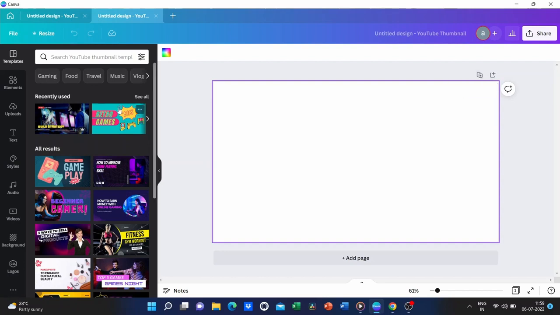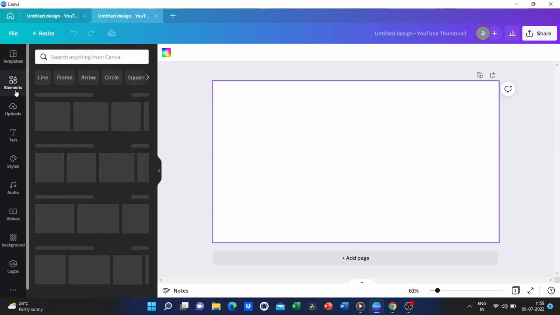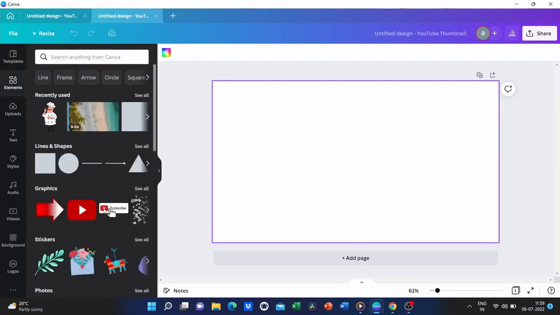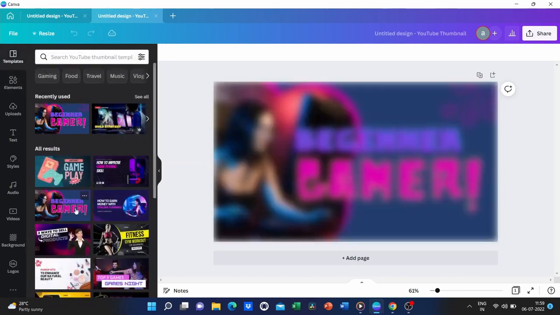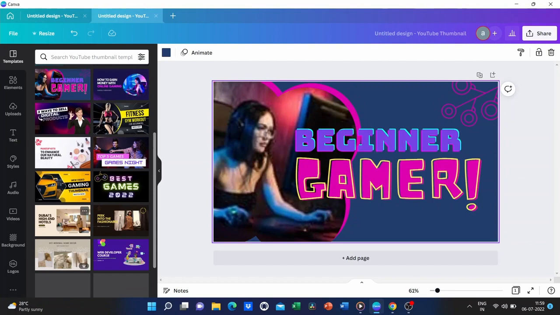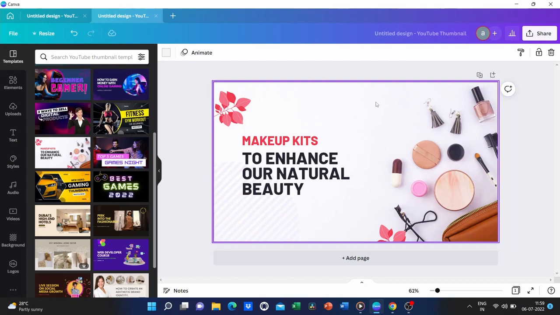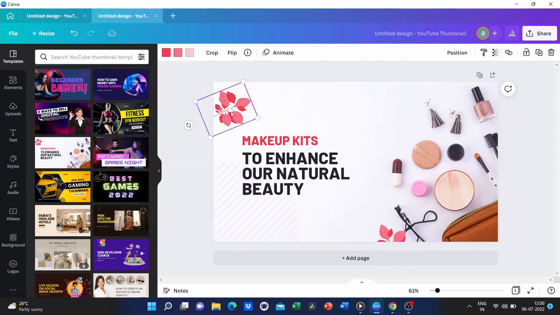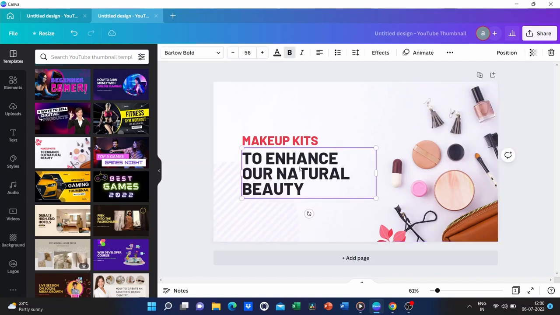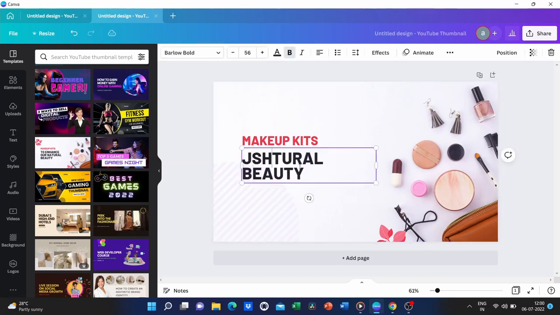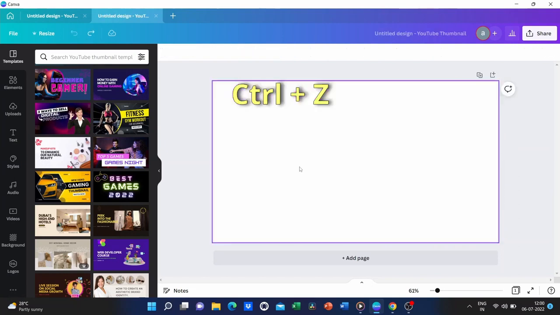And on the left side of the page, this is where you're going to be accessing all of the different kinds of content which you're going to be adding to your main canvas to make the design that you're trying to create. Now, if you wanted to use a template, all you have to do is click on the template and then go through whichever page you want to utilize. Click on it and it will automatically show up. Now, once your template shows up, you can hover over different components of this canvas. To see the components that your template is made out of, you can click on each component to edit it. I'm just going to undo that because we're going to make our design from scratch.